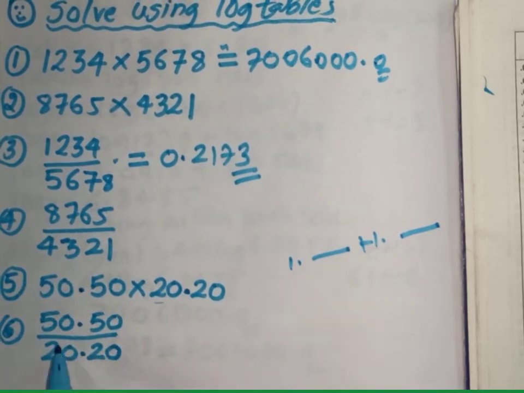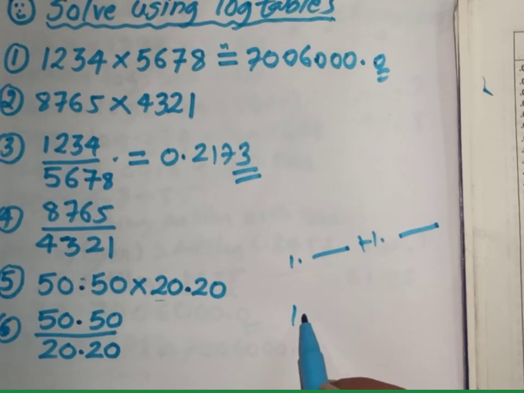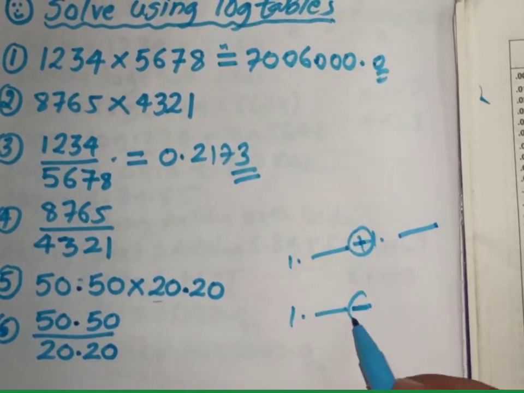Similarly here, the same numbers are given, just so that you don't make a mistake. So 50.5 divided by 24. Here again you will get 51 and 2. Before the decimal there are only 2 digits, so 2 minus 1 becomes 1 point something. If you use the log table, find the log of this, minus. Here we are taking a plus, but here it will be minus because it's a division.